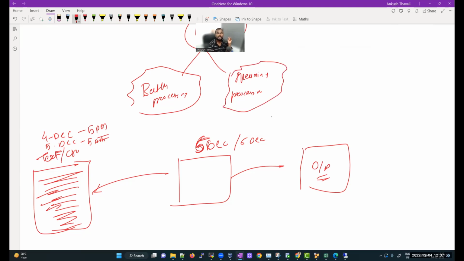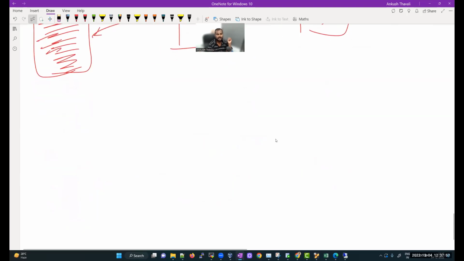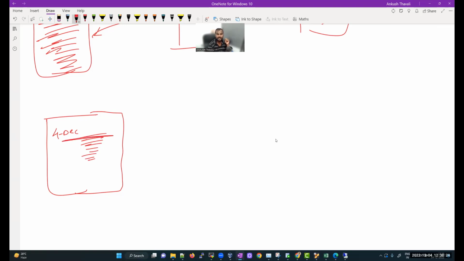Streaming means, in streaming what will happen, let's take the same example. I got some data, there is one single file. Just take the example that this is the same file, and there is a timestamp mentioned there. Let's say it is 4th of December. There is an application log which is writing down something, and as soon as I get one record into that file,